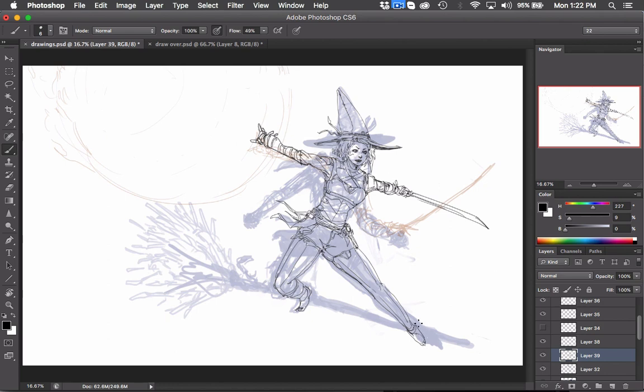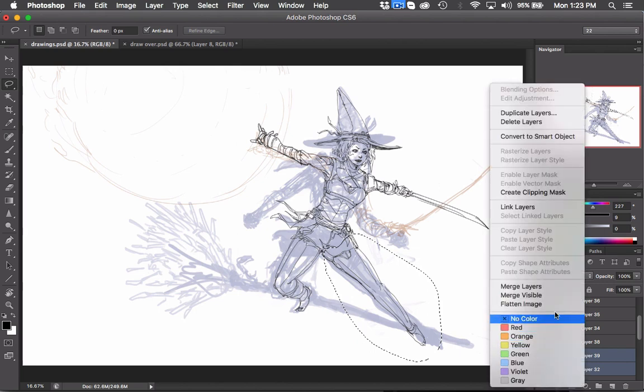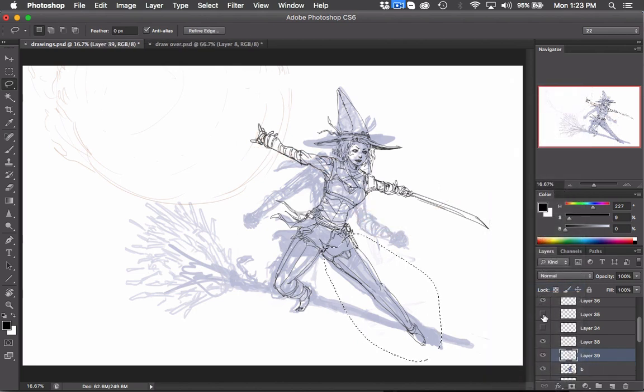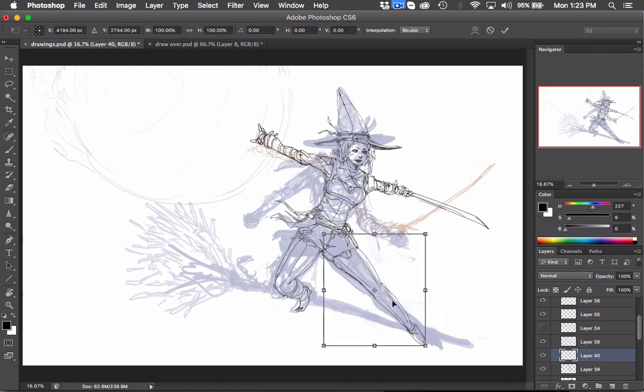Alright. Not too bad. Still gonna need to pull this leg out a little bit overall, which means I'm going to flatten a couple layers. I'm just going to create a new layer for that, transform it to be more over here